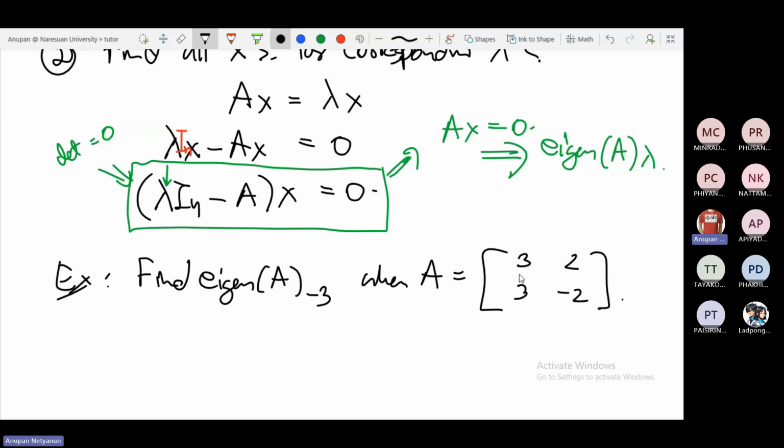If we take matrix A and want to find lambda, then